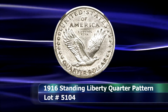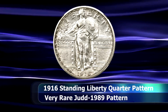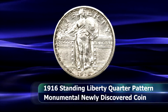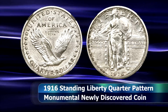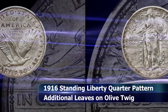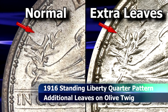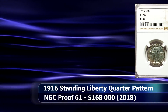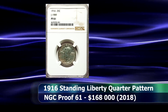The next coin could easily be the subject of its own video and is a genuine numismatic rarity and a part of numismatic history. Upon first cursory glance, it might appear as a simple, ordinary Standing Liberty quarter dollar of the Type 1 variety. However, upon closer examination, it is revealed to be a fantastically rare Judd-1989 pattern of that same coin. One of the key differences between this and the final designs of 1916 which entered circulation is the addition of several leaves on the olive twigs in Liberty's hand. NGC awarded the coin a grade of Proof 61 and it sold for